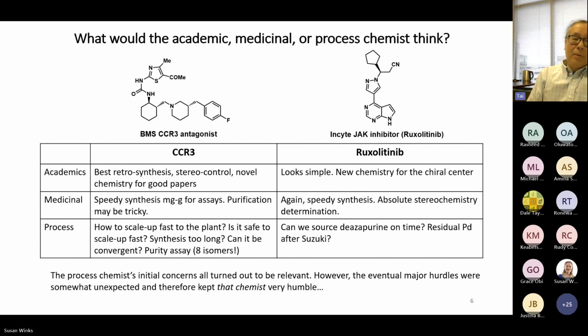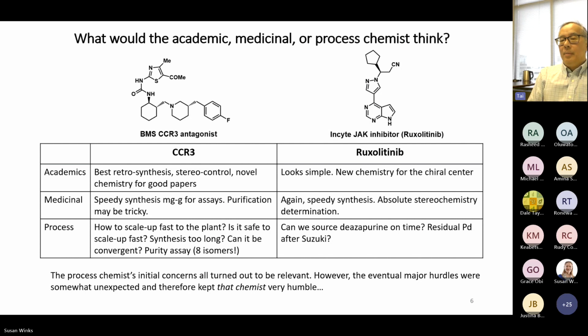So today we're going to talk about two molecules to illustrate the point that I just talked about. One product is a BMS CCL3 antagonist. The other product is a JAK inhibitor, which has the generic name of ruxolitinib from Incyte Corporation. I just want to go through this real quick because, as a chemist, if you look at molecules, if